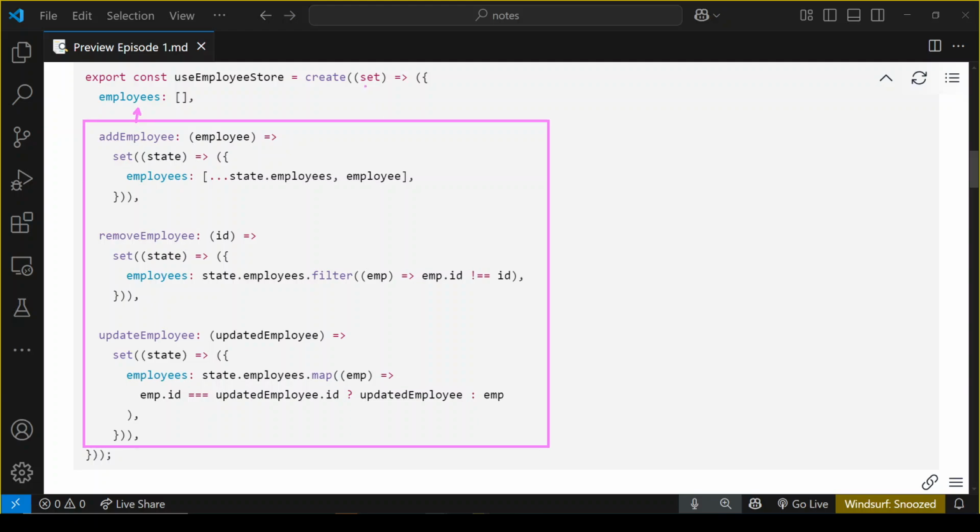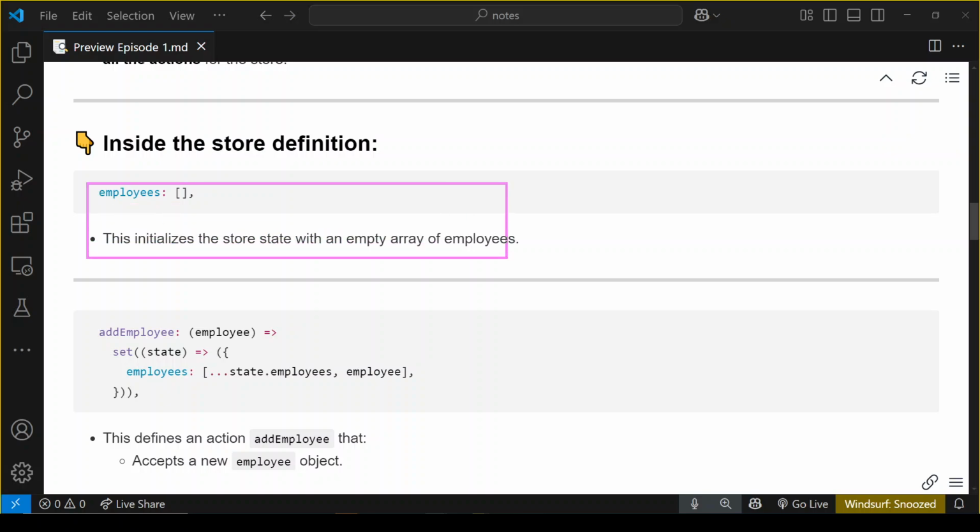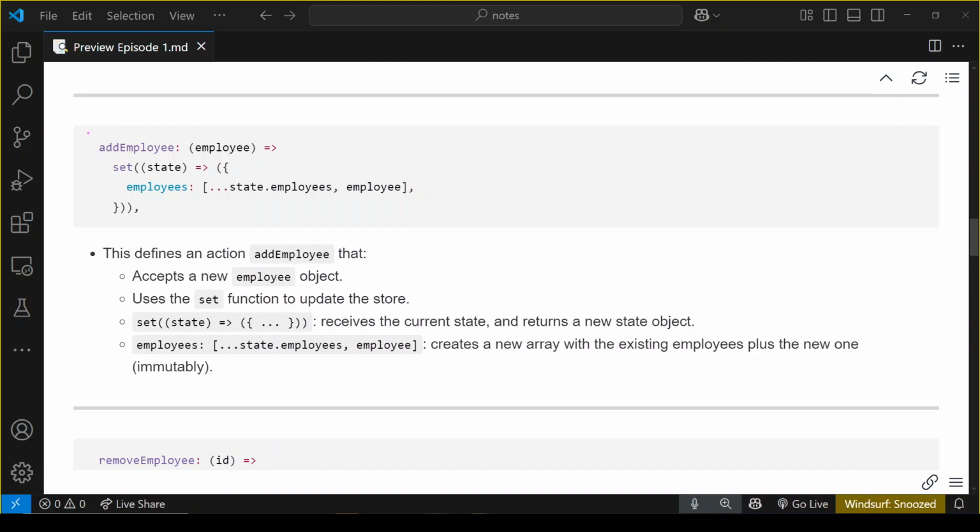And as I told you, set is a function in Zustand, and we have used it in these different places to update the state of the application. We're using set, right? We're passing in a state, and then here, for example, we are adding one employee to the array. Inside the store definition, this initializes the store state with an empty array of employees. Add employee, this defines an action, right? In this action, we are accepting a new employee object, and we're using the set function to update